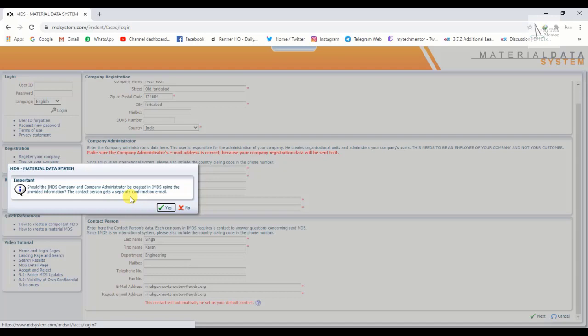We have to make sure the company administrator mail and contact person mail are separate. Don't use the same mail in both sections. This is an important thing you have to remember. We will click on yes.